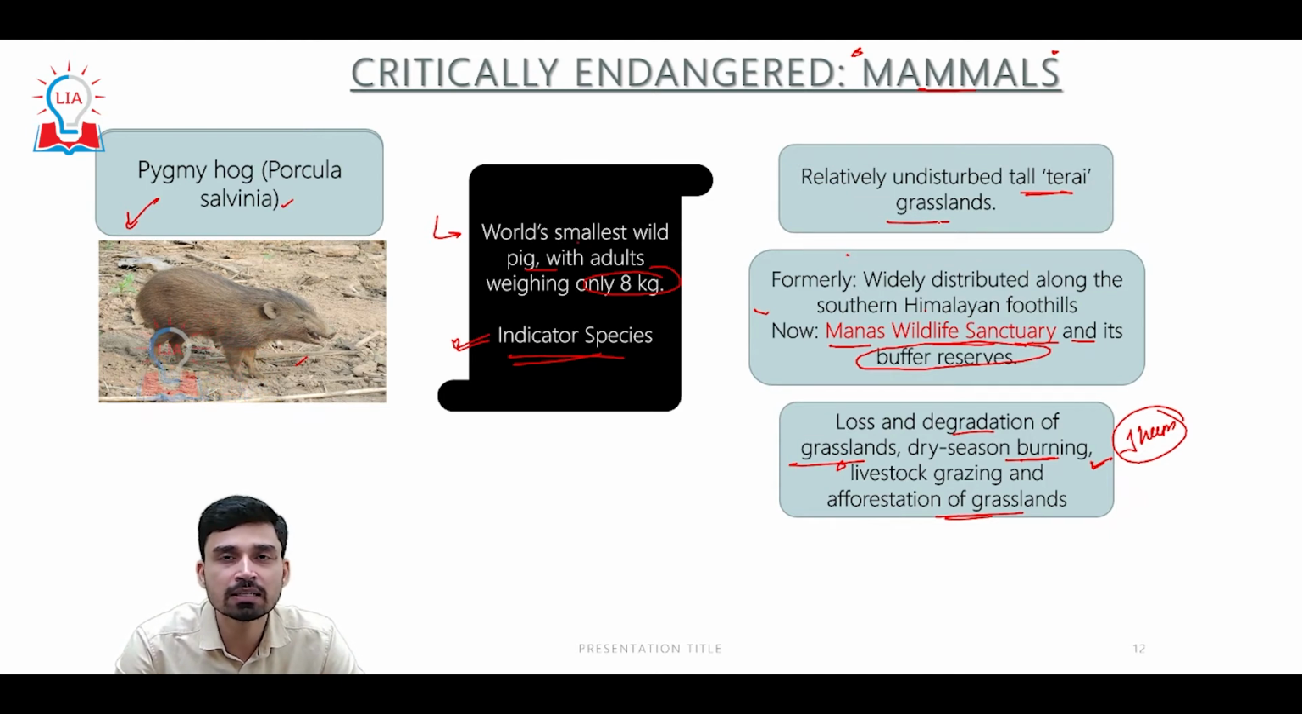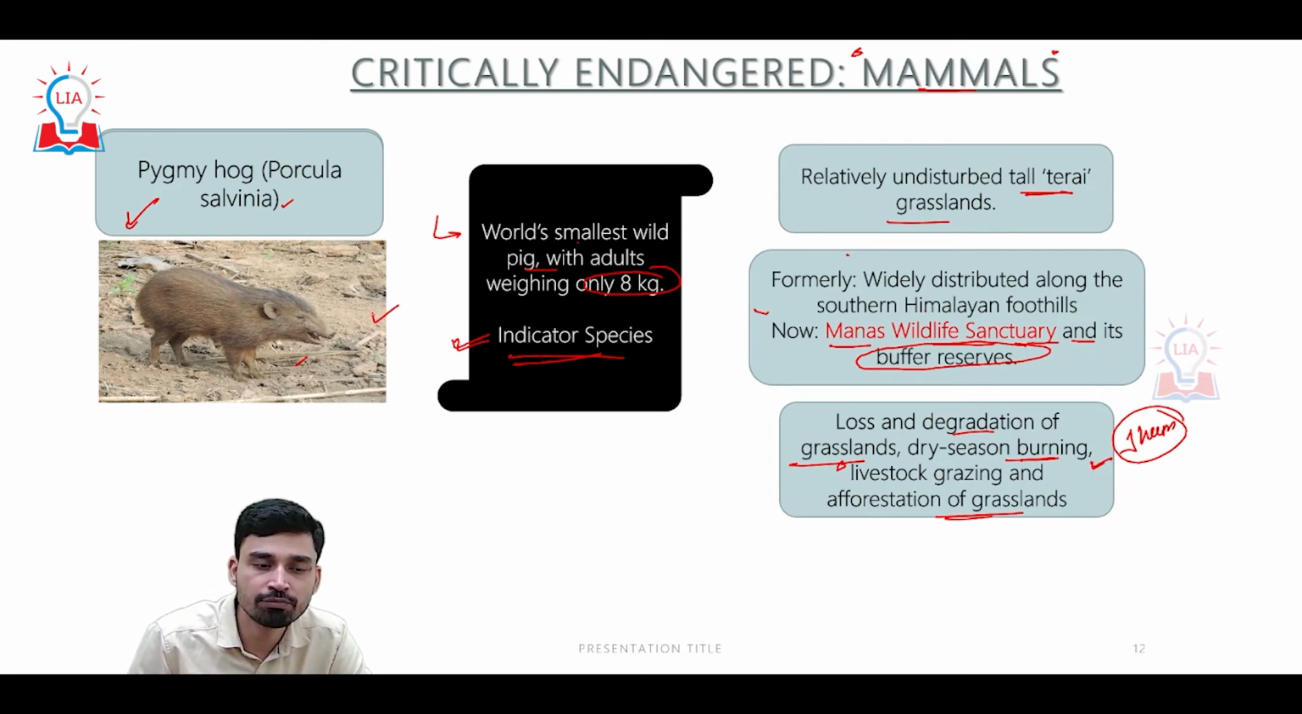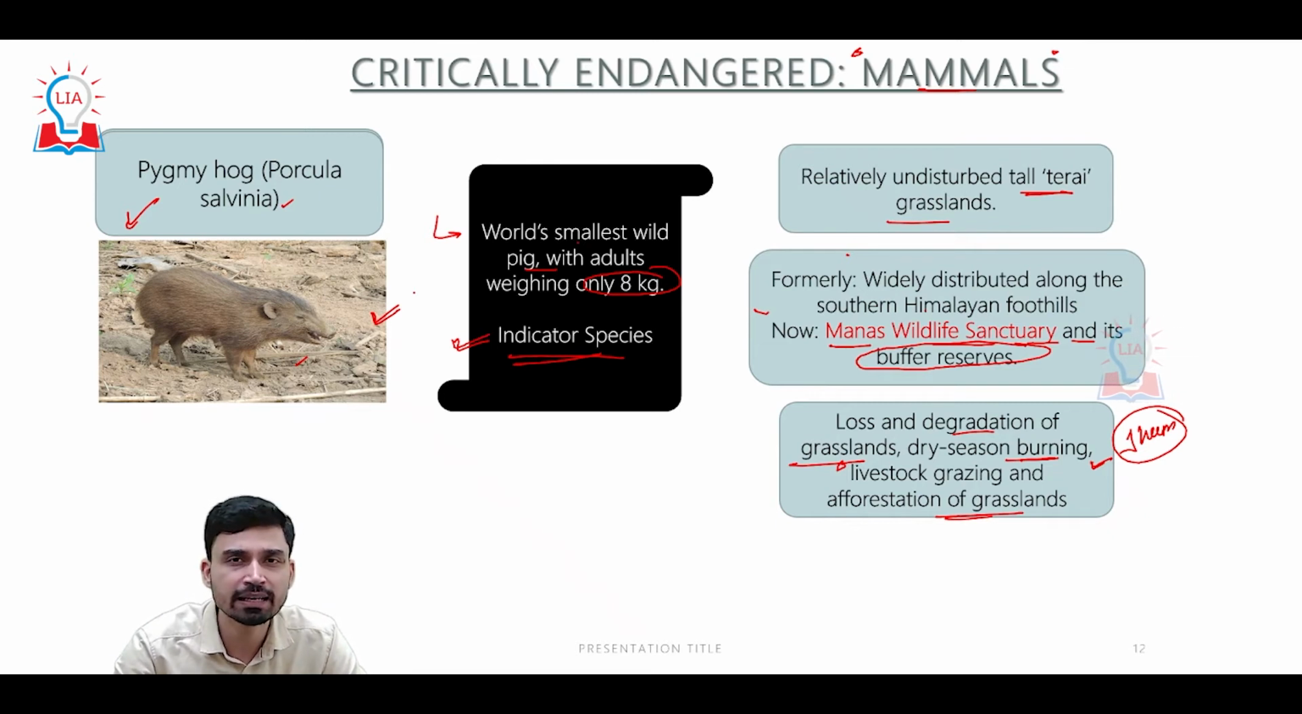Indicator species are species which, if they are found in a particular habitat zone or biodiversity, signify that other larger animals will be found there. For example, if we can find the Pygmy hog in any grassland area, then you can expect that larger animals like rhinoceros, wild buffalo and elephants can also be found here. So that is why it is an indicator species, because it indicates the probability of other larger mammals being